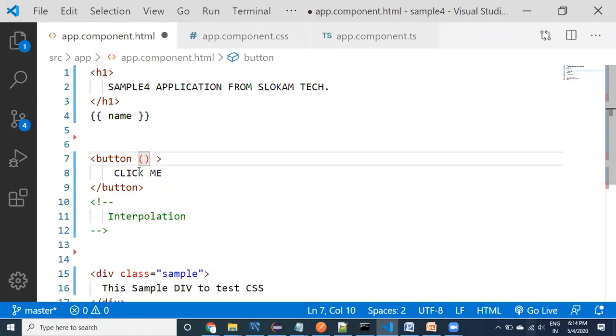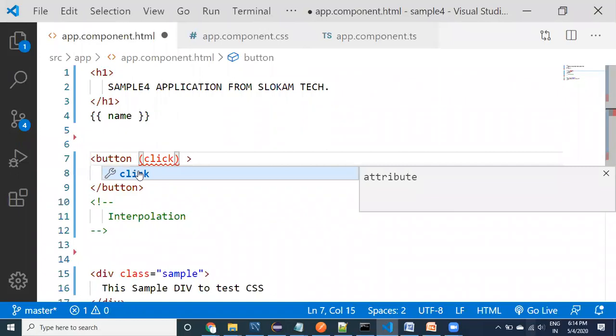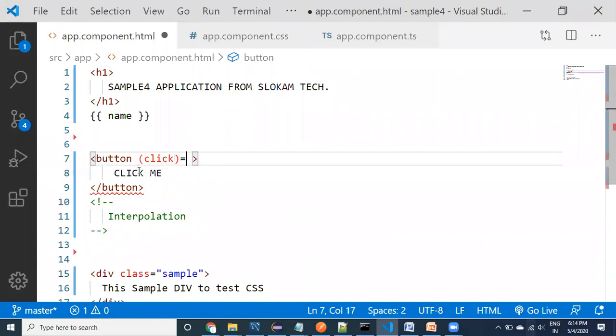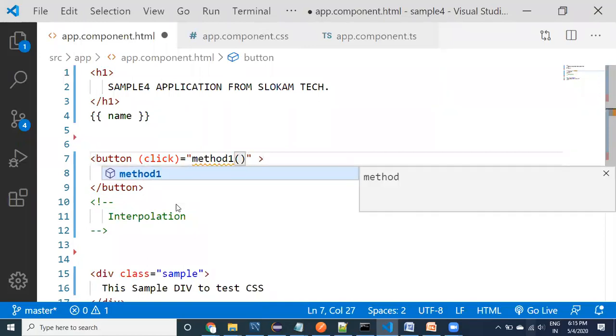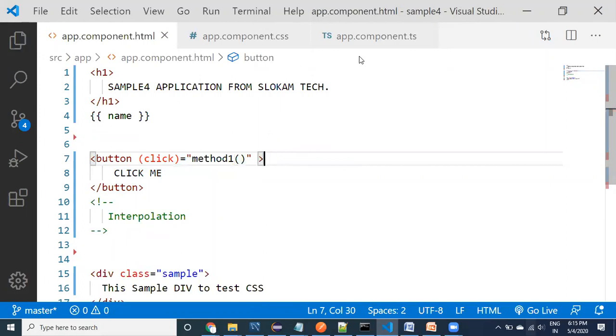The event is click. Whenever anyone clicks on this button, that is event binding. For this event, we have to bind method one, which is a method we have provided in the component class. This is very clear now. When we click on this button, this method is going to be called. Otherwise, this method is not going to be called.